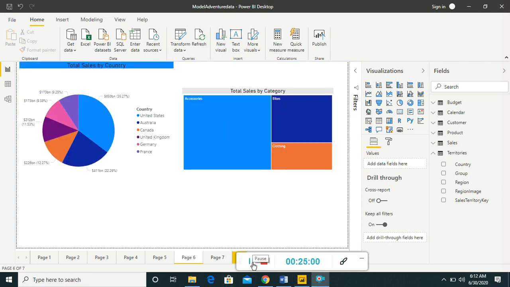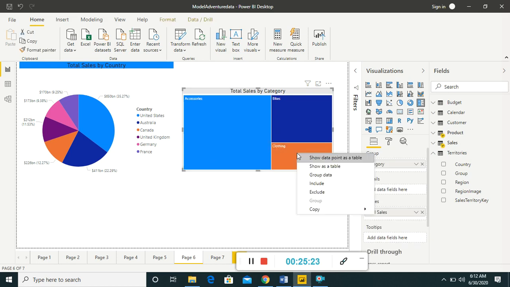Next is to explore the include and exclude options. For example, if I want to exclude any category or any country information from the projection, I can do this. For example, this clothing, I want to exclude it, so I simply right click on it and click on exclude.